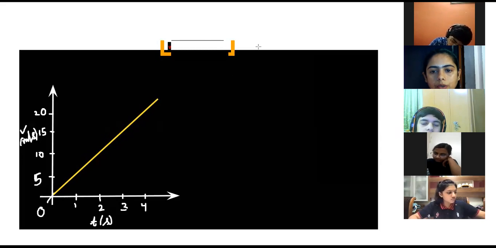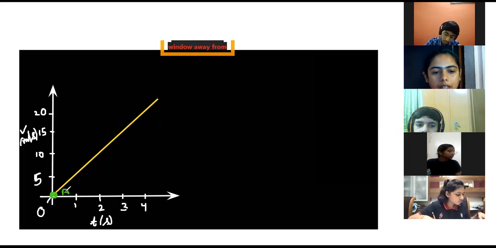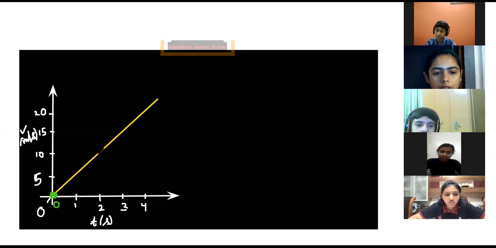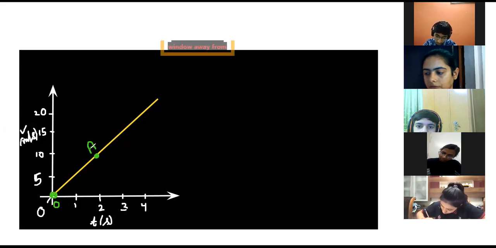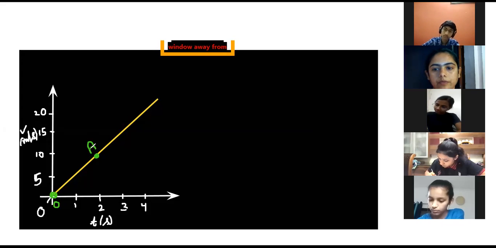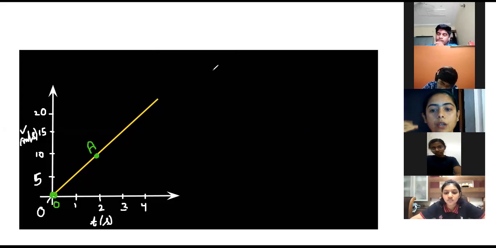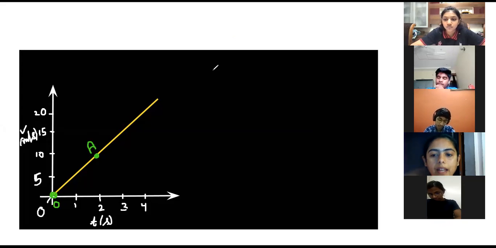Now my question to you students is, you have to find out the displacement under this graph from point O, this is the point O, origin, to the point A, which is over here. Find out the displacement from O to A. I hope the question is clear. Find out the displacement from O to A. Now what you are going to do in this case, I'm going to give you the hints, steps. You are going to keep doing it. Okay? Then I do it onto the screen.